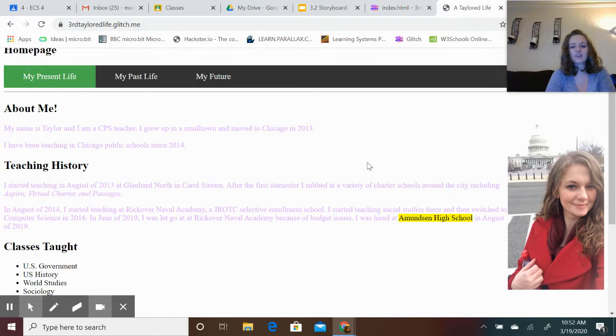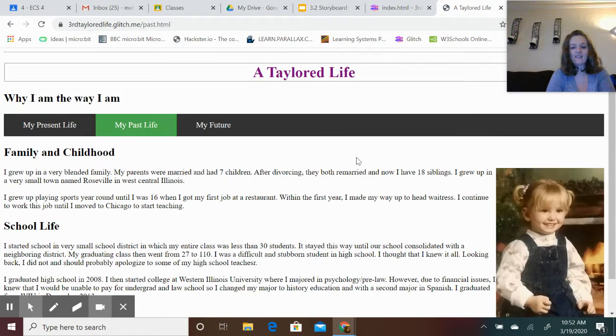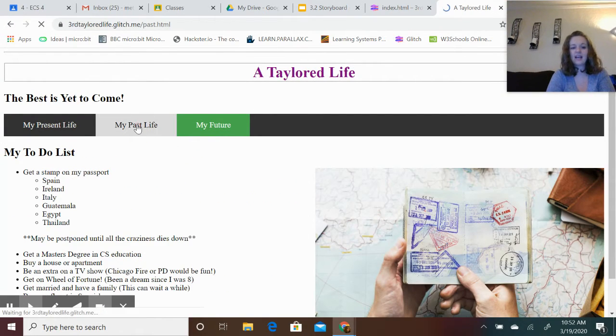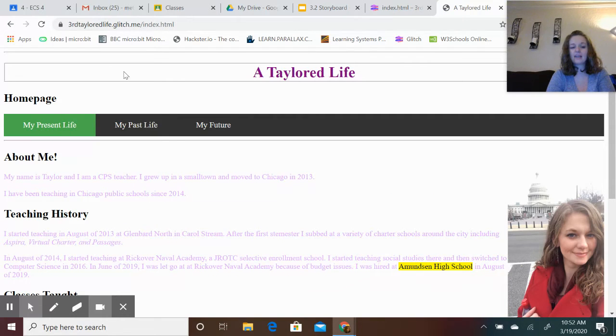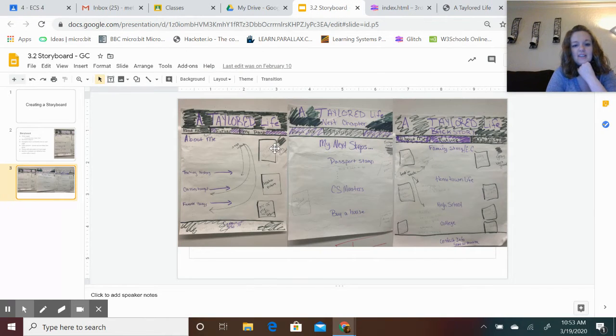So let's look at the page I currently have. I have my present life, I have my past life, and I have my future. Notice that I'm checking right now that my navigation bar works on all of them. So if you're having issues with the nav bar, make sure you go back and look at that previous video. So now I'm ready to do my styles. I have my structure, I have my content in there. So let's look at